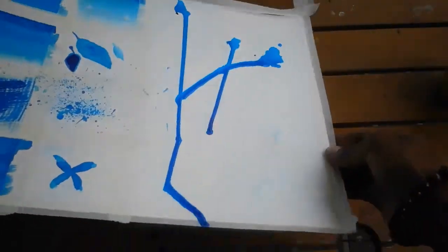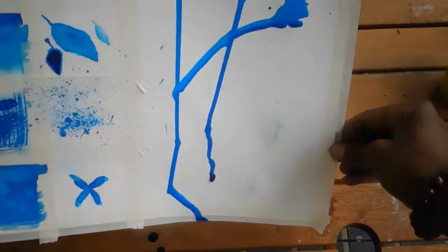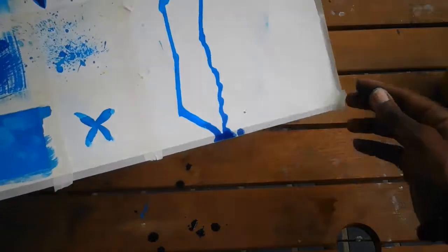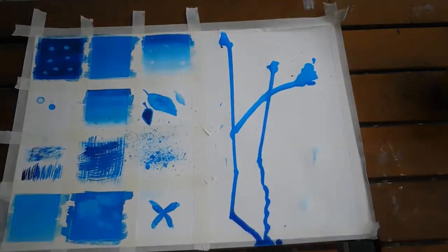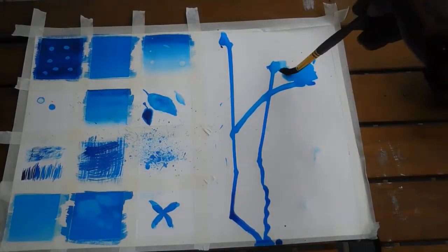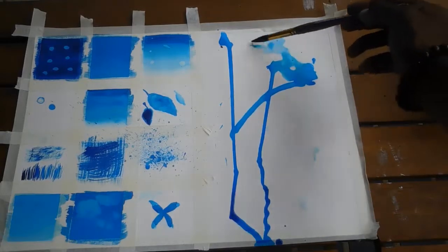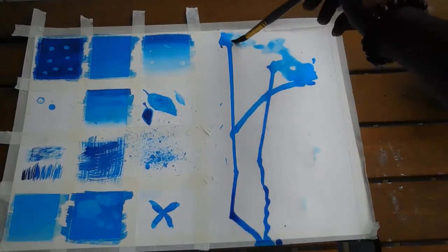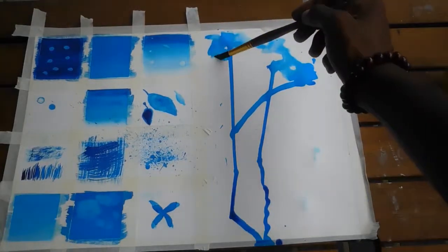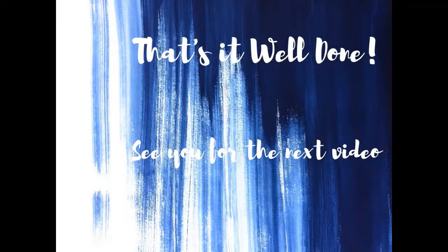So, that's pretty much our lesson today. All in blue, one color. We're just keeping it simple. So in the next tutorial, we're going to be working with this same drip technique that we've learned. And we're going to add in a picture. So now we're going to illustrate a little bit and sketch in